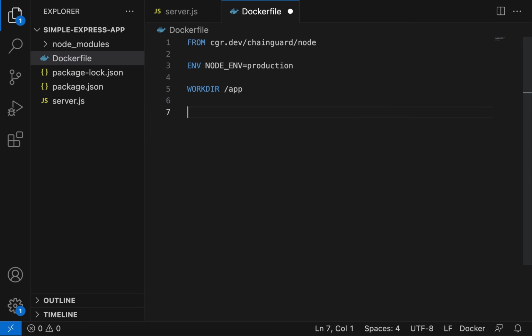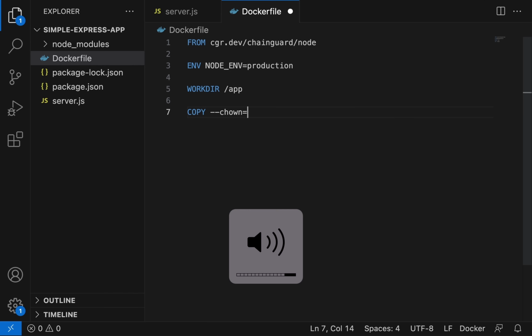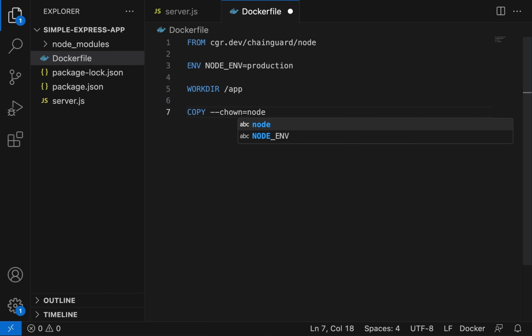Now the next thing we want to do is COPY, and we're going to copy some files from here, from this application, into /app, which is the Docker environment that we're building. So I'm just going to say COPY --chown=node:node,